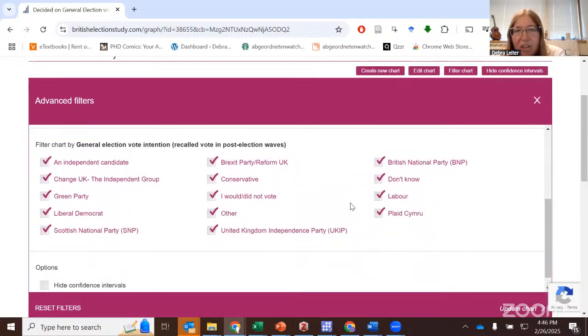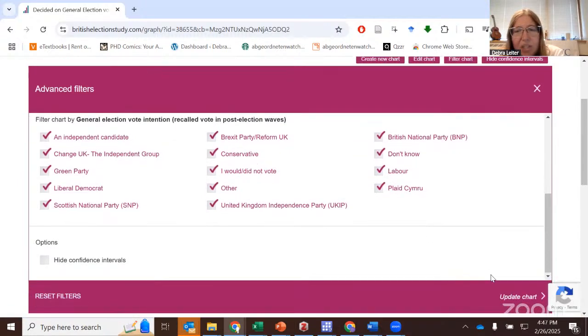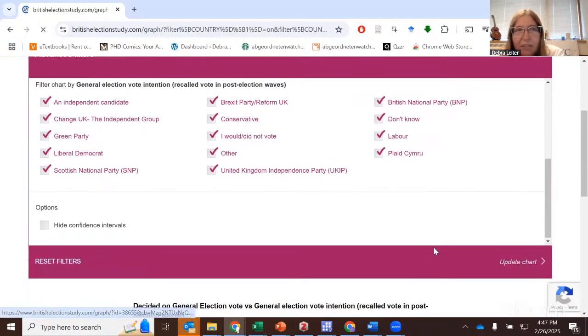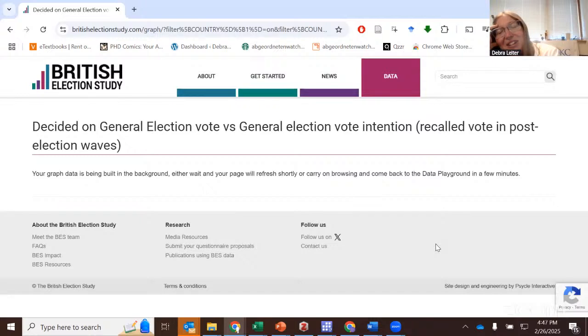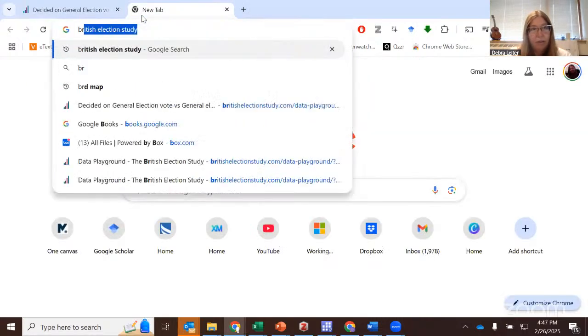We can take a look at what this looks like, or we can also reduce our independent variable and just kind of focus on some key parties. Let's go ahead and take a look at our updated chart here. Does have to restart and reload. Hopefully it'll be a little bit faster this time. While this is loading, I'll say that